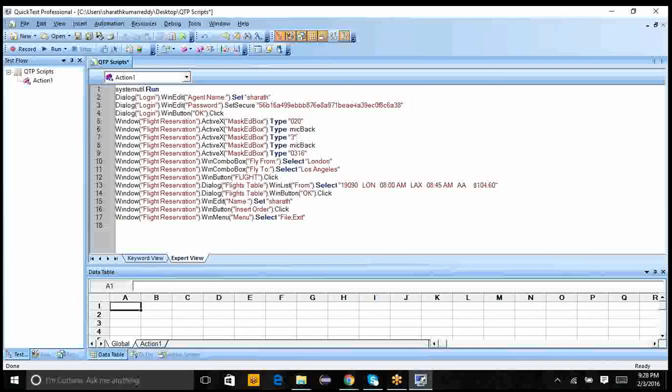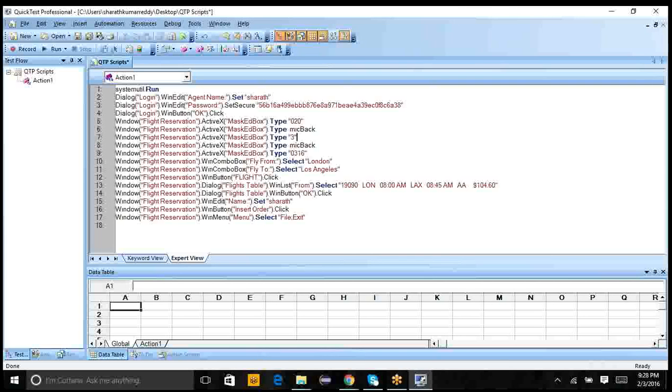menu navigations. And most of the time, these are not menu navigations. These are all Windows apps. Most of the Windows apps cannot be identified by QTP 10, not even by the UFT version as well.